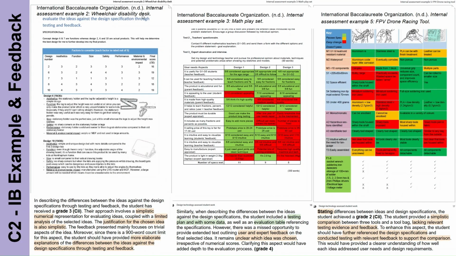example 2, the wheelchair disability one, it got a grade 3 for C2. So as you can see here, they've compared it a bit more against the spec, although they use a simplistic numerical representation. There's limited analysis of the selected ideas. The justification for the chosen ideas is also simplistic. Moreover, there's a 900-word count limit for this aspect. The students should have provided more elaborate explanations of the differences between the ideas against the design specifications through testing